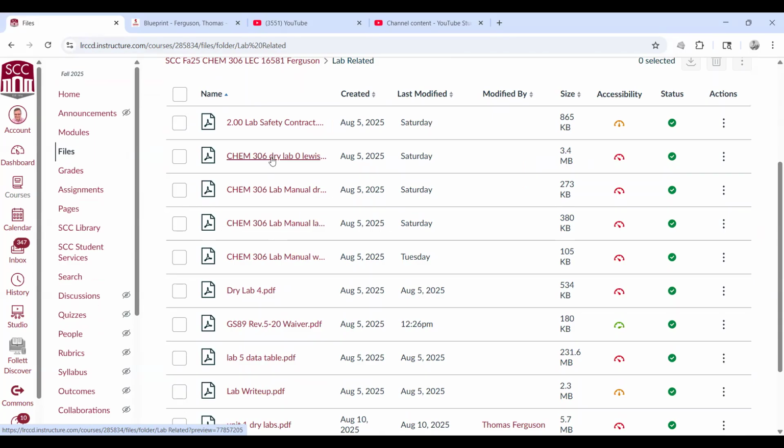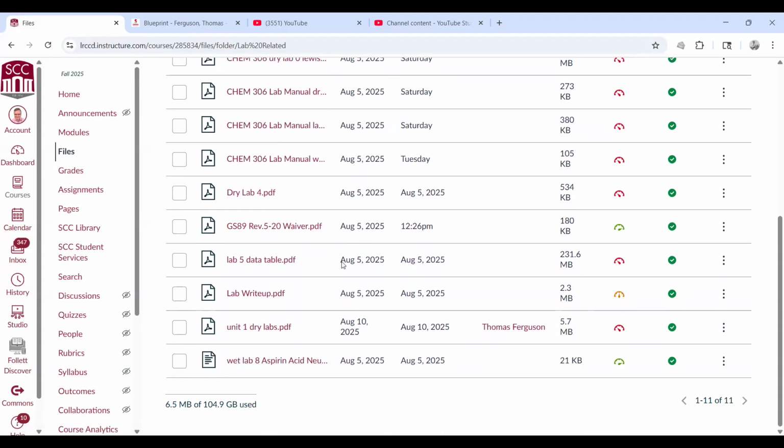And basically, now if you haven't printed this out yet by some infinitesimally small chance, you can do it, you just log in with your laptop, tablet, or phone and just do it on another piece of paper. And basically you're just going to be practicing doing Lewis dot structures today. The rest of the dry labs are down here where it says Unit 1 dry labs. And those together count as a double lab. So Unit 1 dry labs are worth 20 points, not 10.